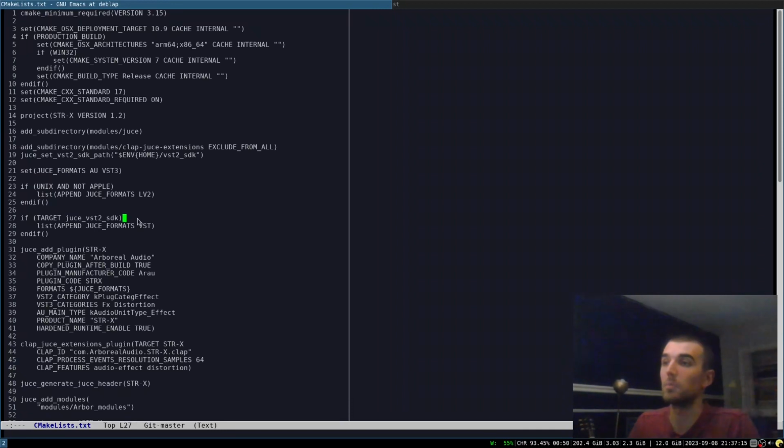So, problem is we're forcing VST2. If you don't have the SDK, it's not going to work. I've solved this on later plugins by actually passing a macro for whether or not you want to build a VST2.